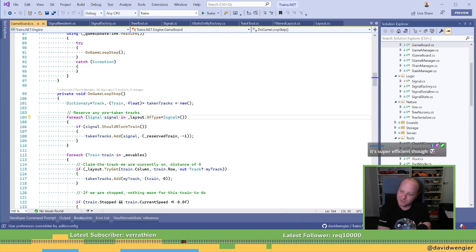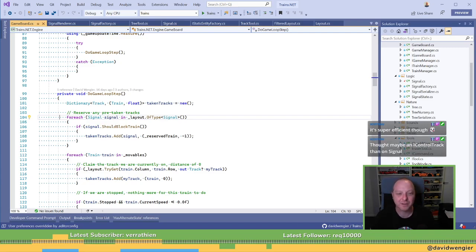How else should we do that? I could just... Yeah, I'm actually okay with it. I might just pull this up to track. An I control track. I could totally just pull this onto track and say that this is, you know, is traversable or something horrible.